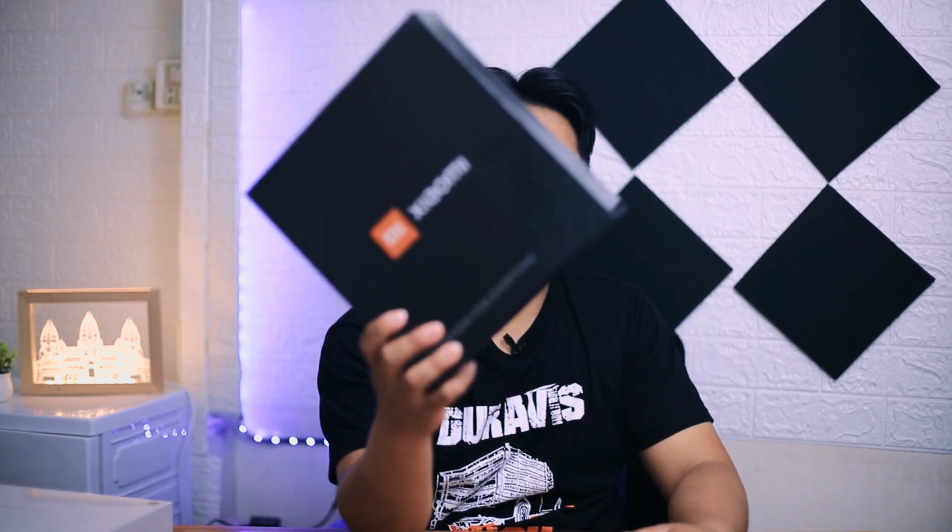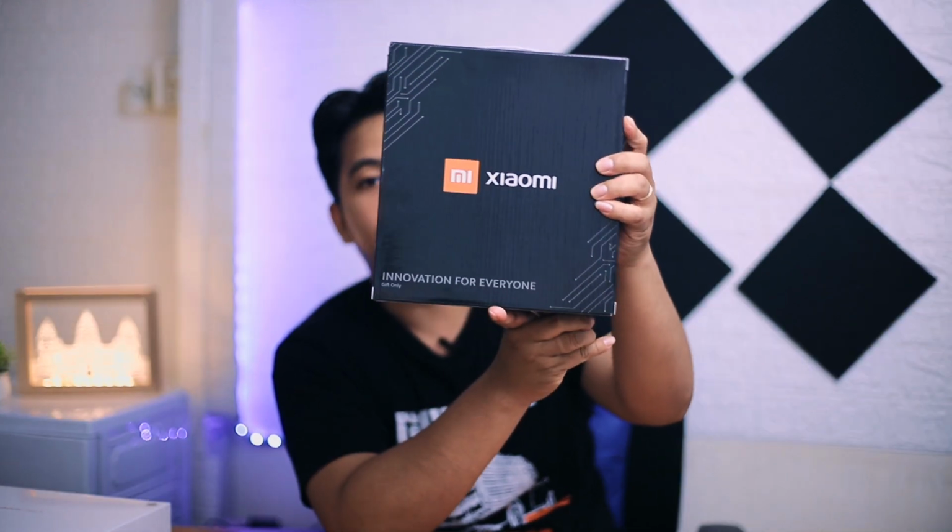The next item is this big box. Let's check it out. If you look at this one, they mention Innovation for Everyone, gift only. So for Mi fans only, right? Now let's check out what's inside this big box. It's not really heavy, so don't expect much from the box, but not too bad. Inside this box, let me show you what that is. This is something that you can put at the back of your phone, and then you can hold your phone like this, or you can put your phone on the table with any posture you like. The next item is